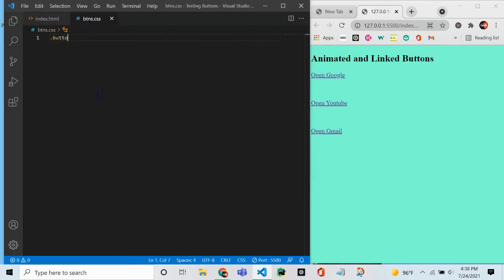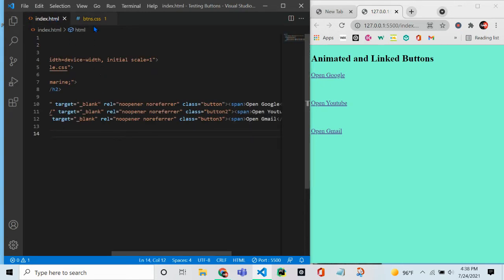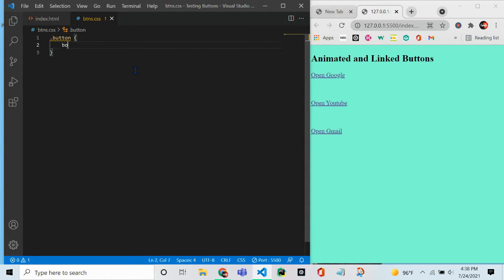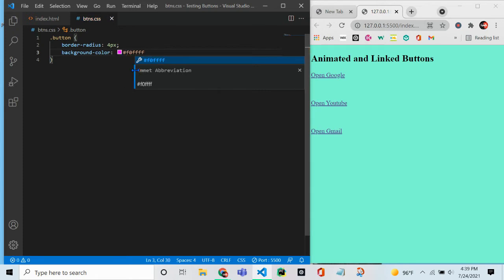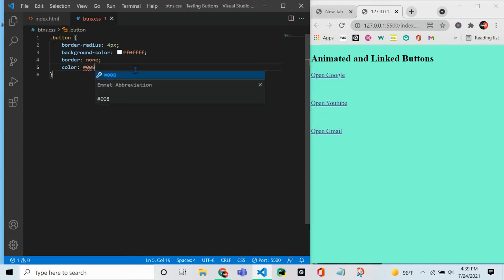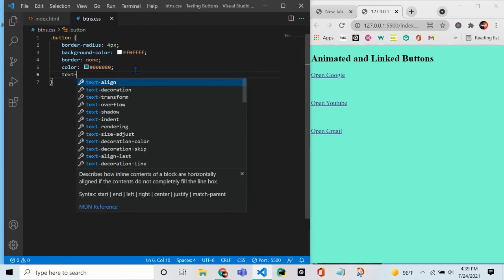So we're going to say dot button, and inside the brackets, we're going to have a border radius of 4 pixels, a background color of hashtag F0FFFF, so a whitish color, and then no border, along with a color of aquamarine teal, 008080. After that, we're gonna text align center